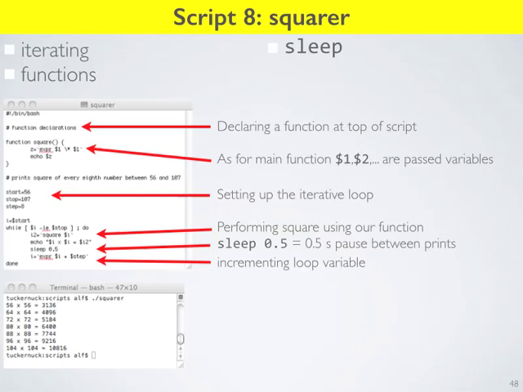And we're going to do Z is equal to, with the special prime symbol to make this execute first, EXPR, which is our integer arithmetic engine that we talked about before, $1 times $1, and then we're going to echo $Z out. So coming into this is 56. Coming out of this is 56 squared. So of course we could have just written this part directly in here, but we're trying to illustrate the concept of a function. Is that clear to everyone?